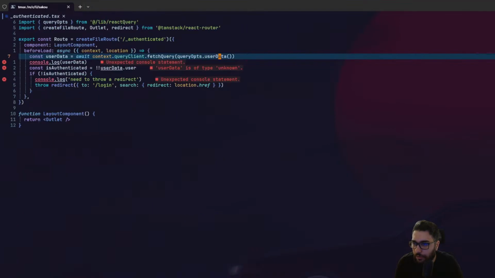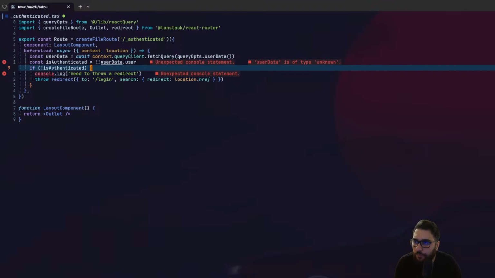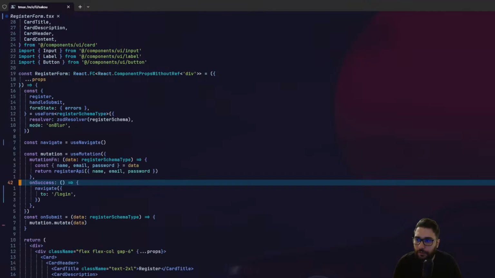Yeah, here you go. And this is authenticated comes from the user data, basically dot user. If there is no user, because if you are having a profile, if you get a profile from that get profile function, you kinda get